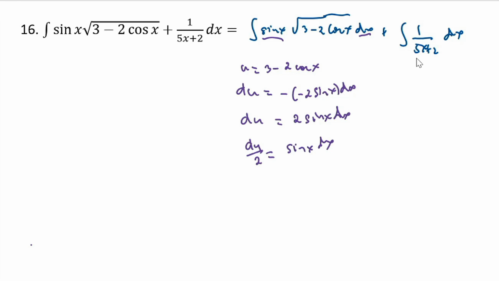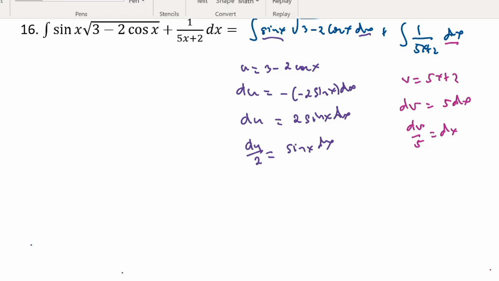Now, in the second term, I will use another variable aside from u. In the second term, we let v be equal to 5x plus 2. Then dv is equal to 5 dx. I can only find dx there, therefore I define dx as dv over 5. So after letting u, du in the first term and v, dv in the second term,